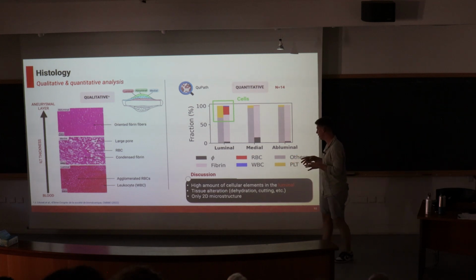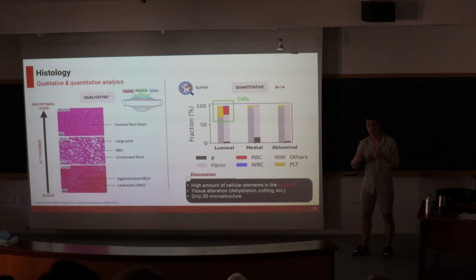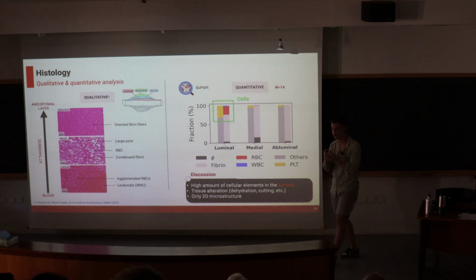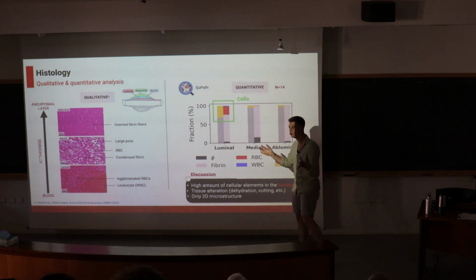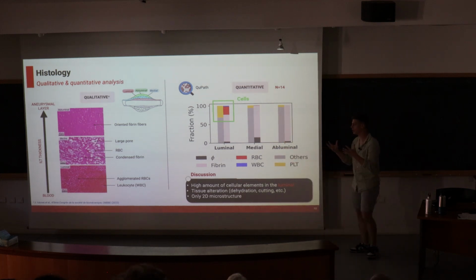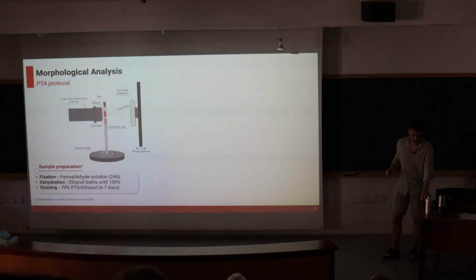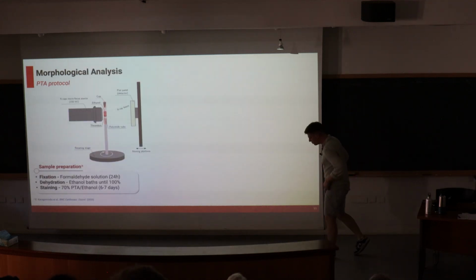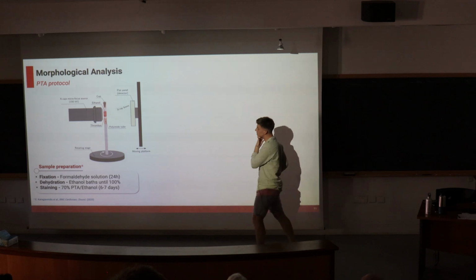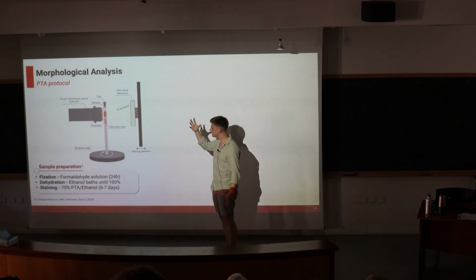And this is very aggressive for the tissue because we have to fix the sample, to fix the morphology, to remove the water, etc. And this is only 2D. This is something very important. That's the reason why we decided to build an experimental setup in a micro-CT in order to have the 3D